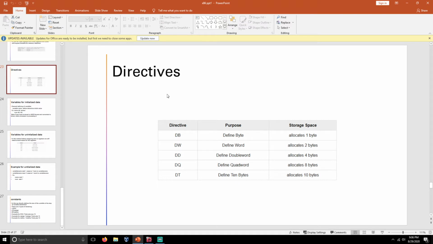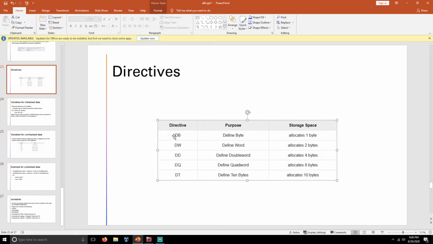In my previous videos we declared a data section and used it to define the variables using db or dw. The reason behind that declaration is these directives. So when we want to allocate the space for the corresponding variable, we specify that it is a db.